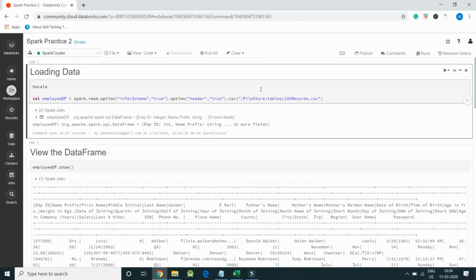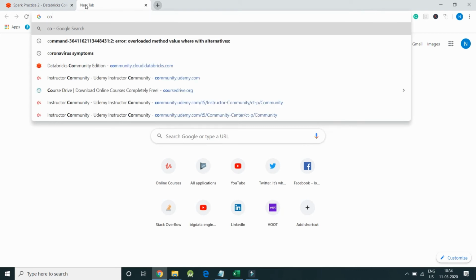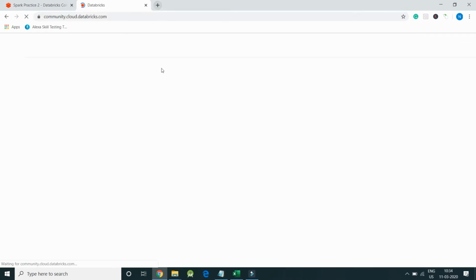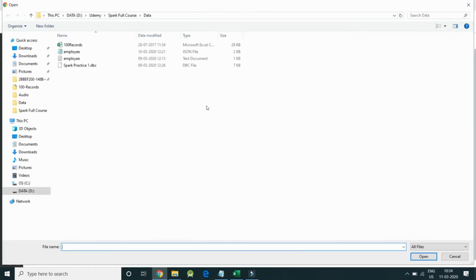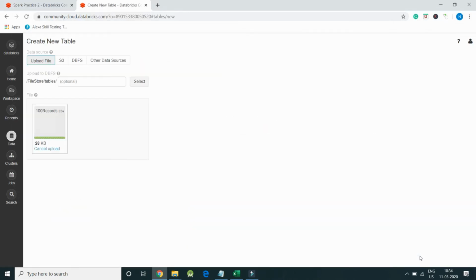How I got this CSV file location is by going to community.cloud.databricks.com and clicking on import export data, and I have selected 100records.csv, which is available in the download section. As soon as you upload this file, you will see a tick mark which indicates the file was uploaded successfully, and we have got the file location, that is FileStore/tables/100record.csv.